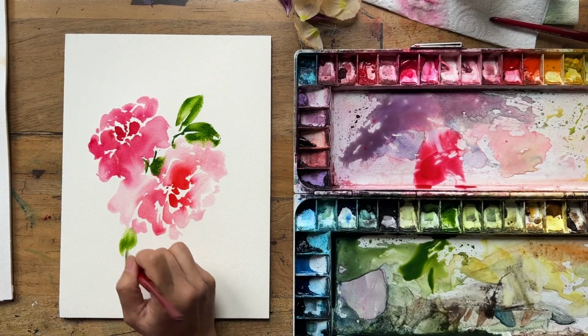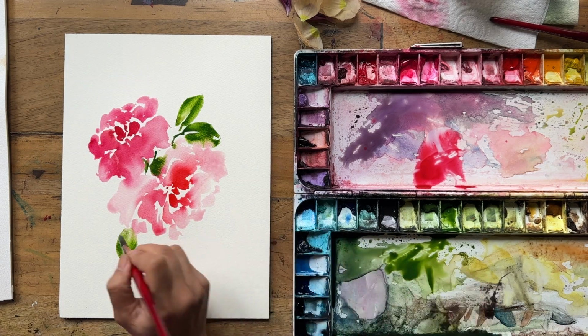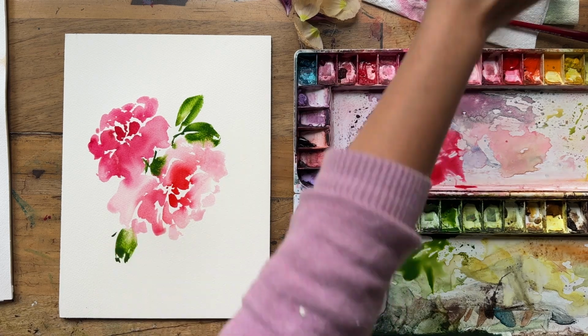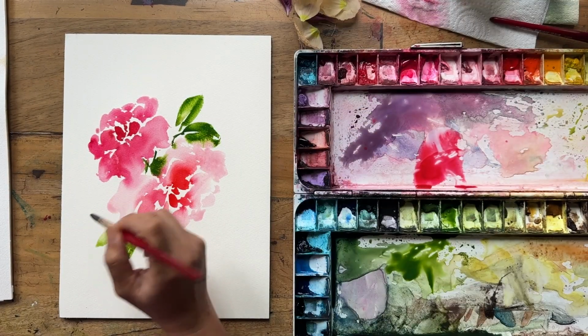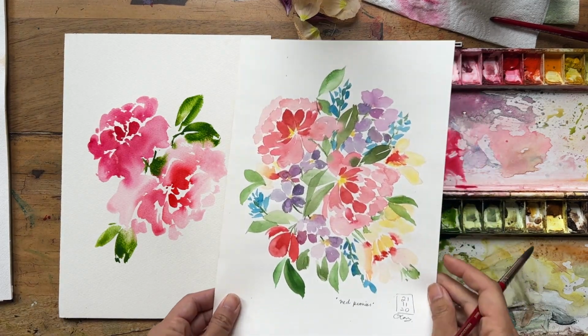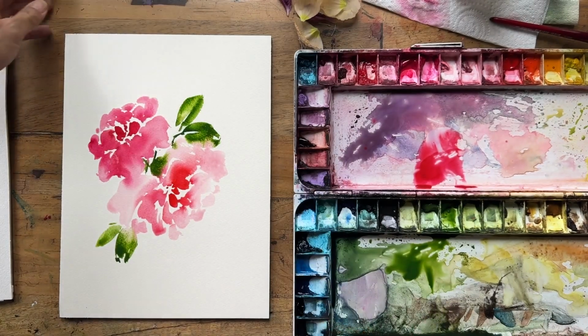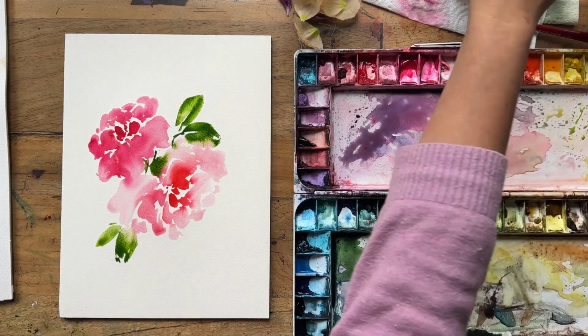I think probably not using professional grade paint, that's probably student grade at this point. I'm just gonna quickly show you the difference here. You know, the green is just not as vibrant. So, all right, so